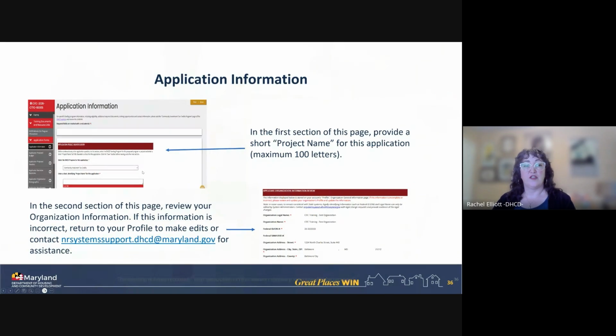Call it the project that you are actually asking to do, so that when we are presenting these projects, we are able to explain what it is in a few short words. Also, all of your organization information that you filled out in the other pages is going to populate here. If it doesn't look right, you can go back into your organizational profile and change it, or email our support team and ask them to change it if you're not able to update it.